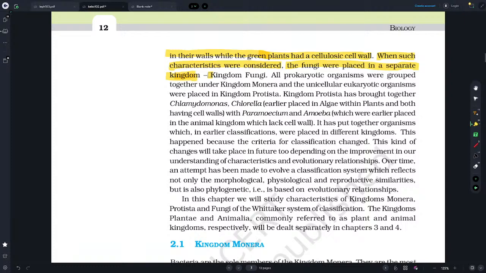Let us look at this five-kingdom classification to understand the issues and considerations that influence the classification system. Earlier, classification systems included bacteria, blue-green algae, fungi, mosses, worms, gymnosperms, and angiosperms under plants. The character that unified this whole kingdom was that all organisms had a cell wall. This placed together groups which widely differed in other characteristics. It brought together the prokaryotic bacteria and blue-green algae, cyanobacteria, with other groups which were eukaryotic.